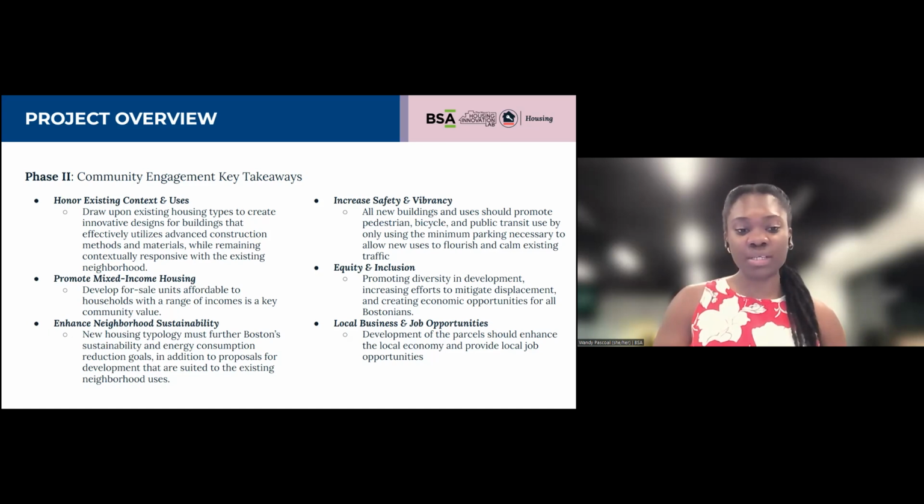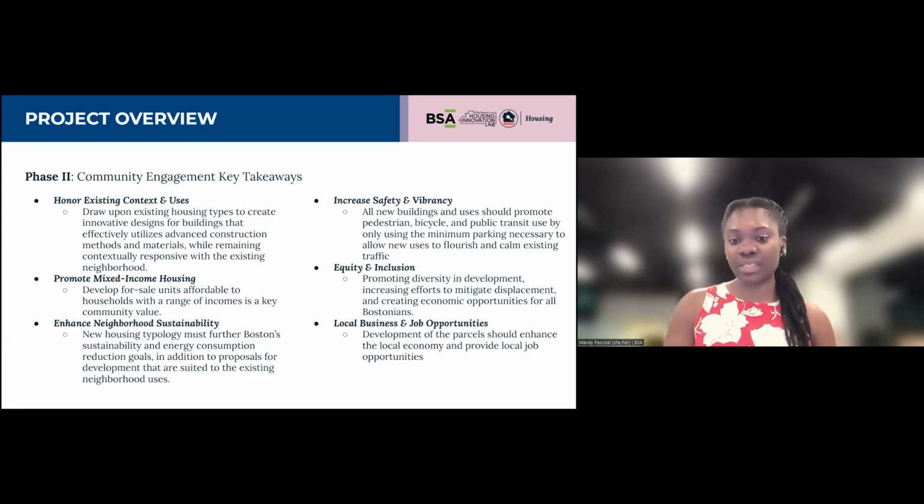Another one was the need to really promote mixed income housing. So how might the development of for sale units be affordable to households with a range of incomes? And then the next one, thinking more so about enhancing neighborhood sustainability. So how can a new typology further Boston's sustainability and energy consumption reduction goals, in addition to having proposals for development that really are suited for existing neighborhood uses.